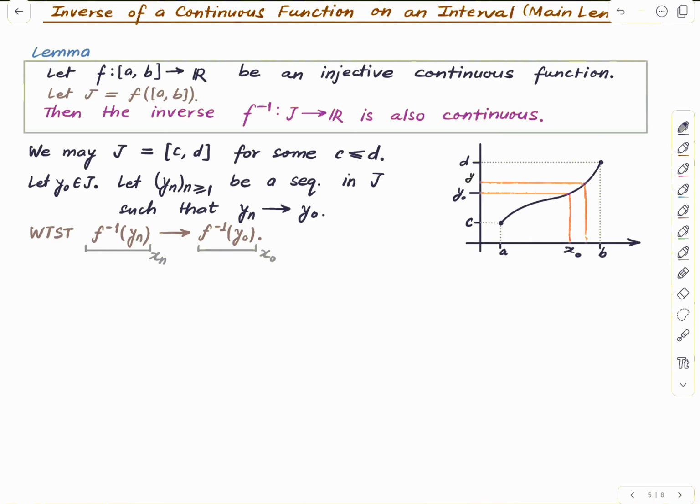This is yn, maybe a different color would be better. And this is xn. Okay, so yn is converging to y0. We want to show that xn converges to x0. So suppose not, we are going via contradiction. Suppose not,